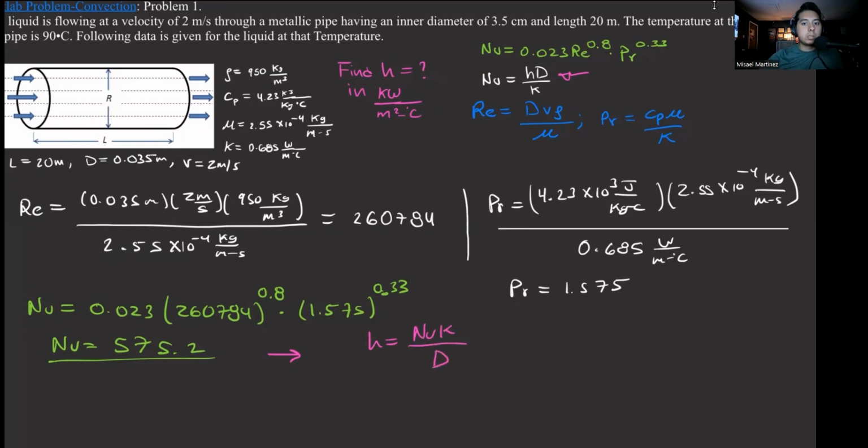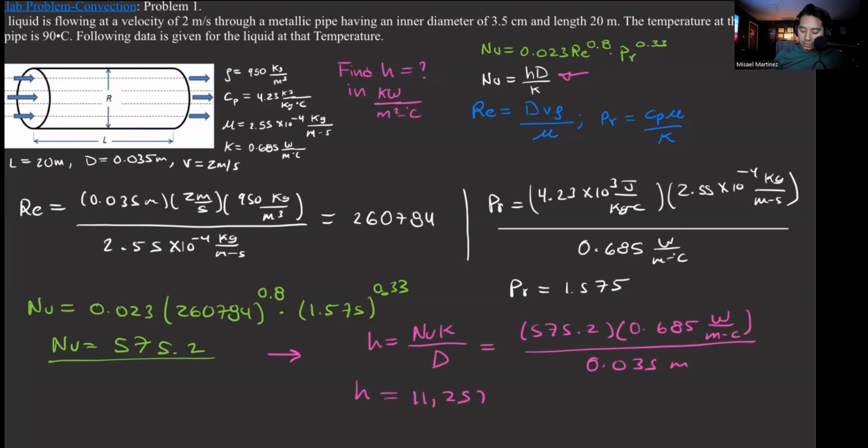After I plug in the numbers, this is equal to 575.2 times the conductivity K, which is 0.685 watts per meter Celsius, over my diameter, 0.035 meters. This gives me an answer of 11,257